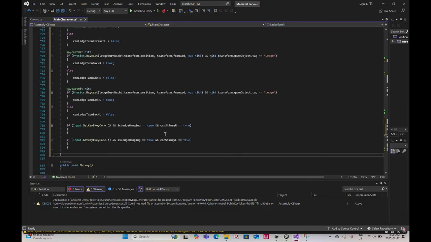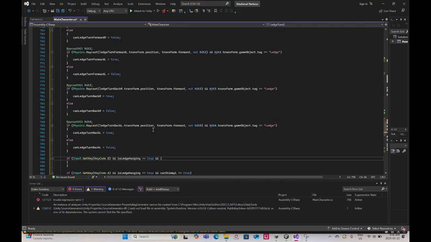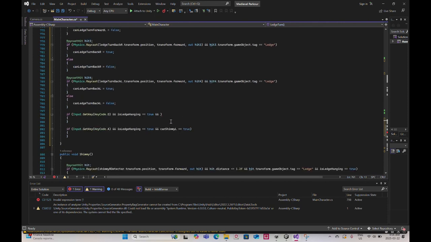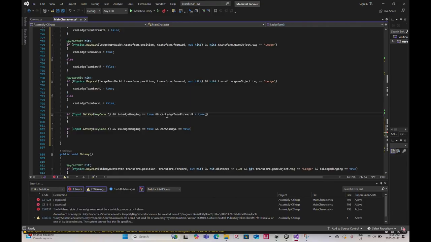So if right is pressed and can ledge turn forward right is true,